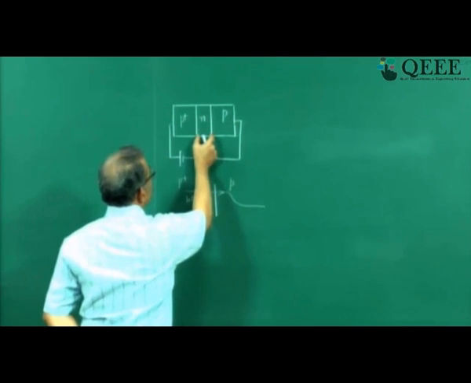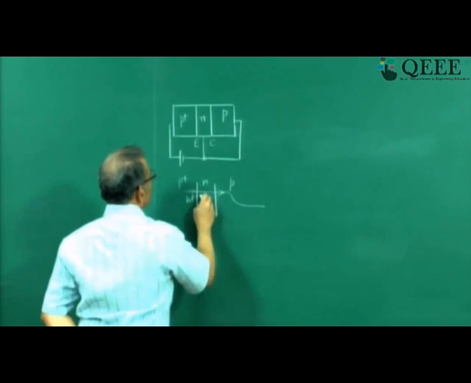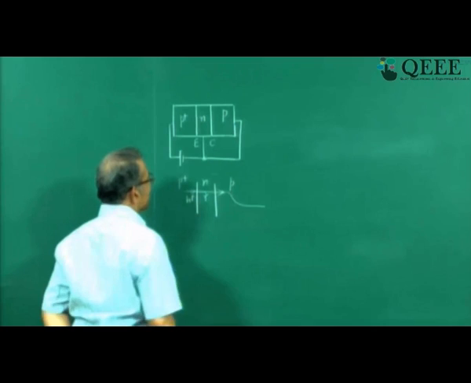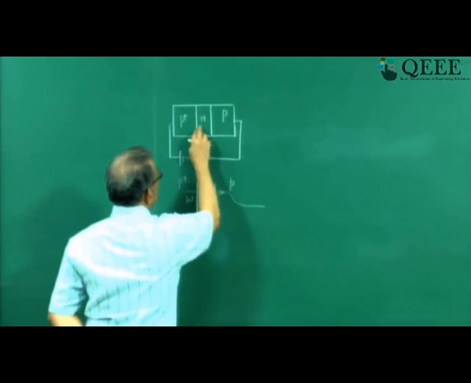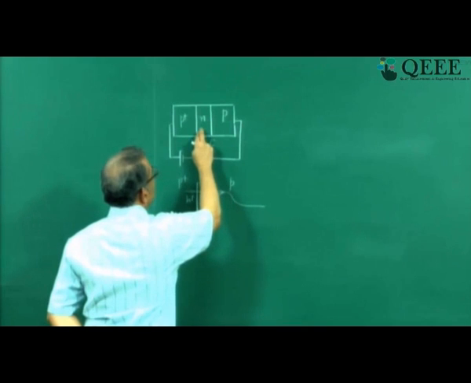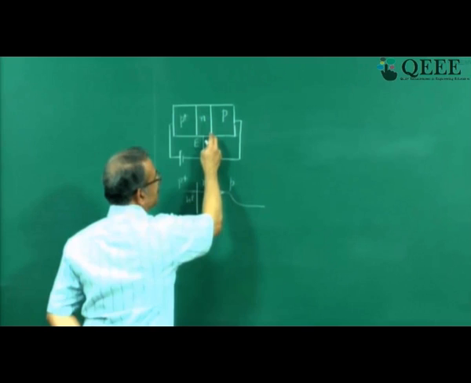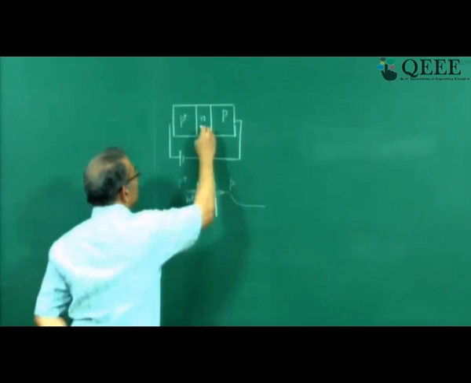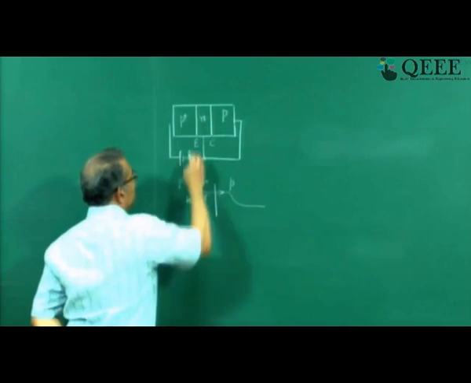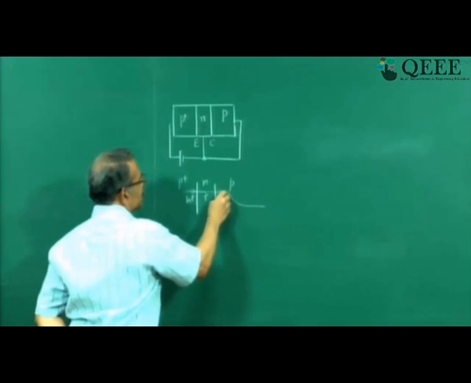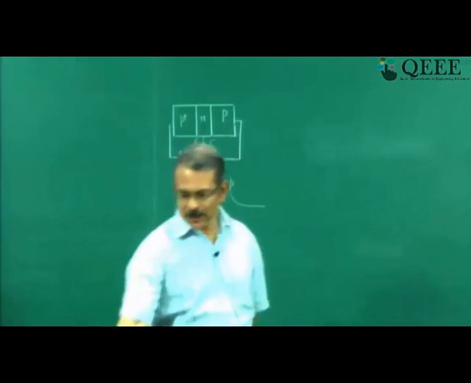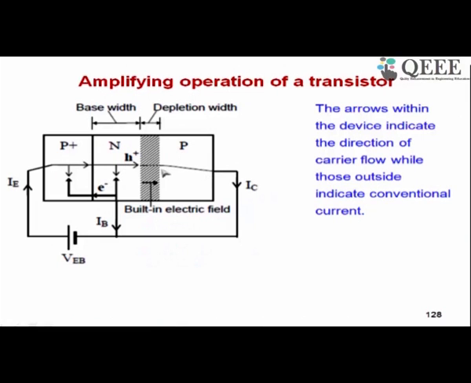And smaller the distance between the emitter and collector junction, smaller this recombination and greater this current. So that is the difference between a simple p-n junction and the p-n junction here, very near which another junction is there, right? So recombination in the N region is reduced, therefore most of the holes which are injected, they cross over to P region. Now that is how you get this whole current here.